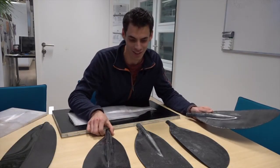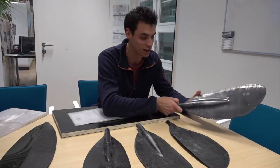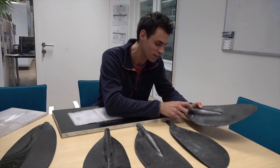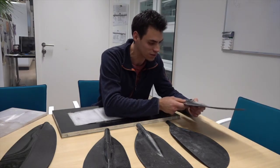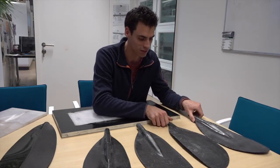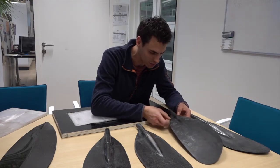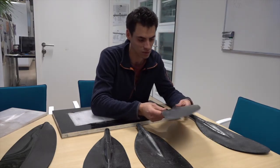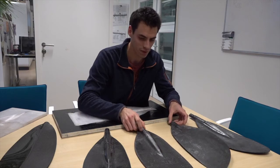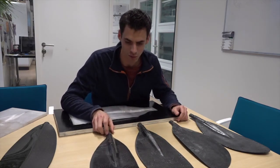So it's getting much better over time. You can clearly see that this one, apart from that, is very heavy. The fibers are not correctly placed in the mold, so you see a lot of resin. This one seems a bit dry, so it's light and the shape is good, but the infusion process didn't work well. And I think the last two are remarkably better,